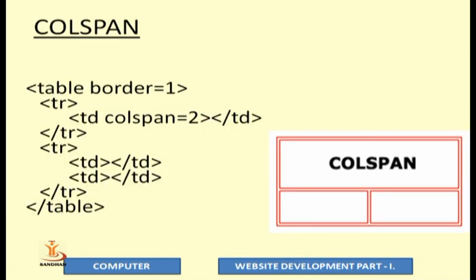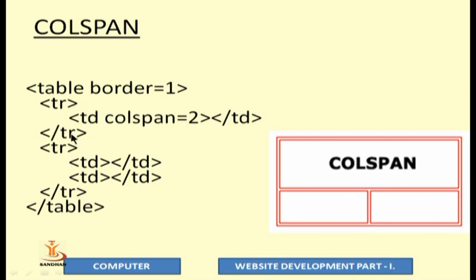To understand clearly how we can write this, suppose I want these tables to be implemented. As we can see, this is a 2 by 2 table. When it is a 2 by 2 table, there are always 2 tr blocks in the table. So your code block starts with table and ends with table. Between the table portion you require tr slash tr, tr slash tr. That means you are making provision for 2 rows. So here is tr slash tr, tr slash tr.